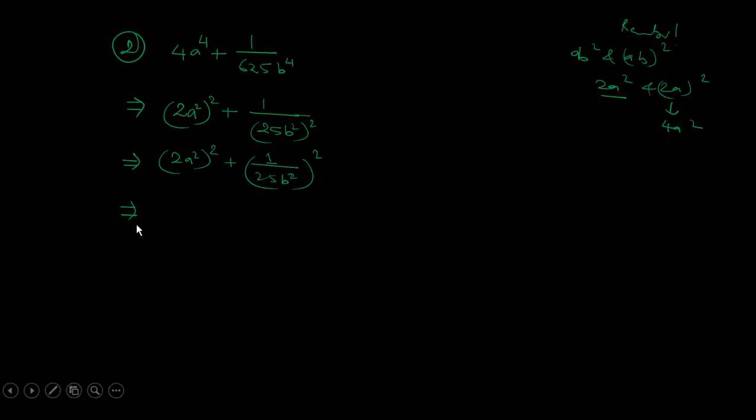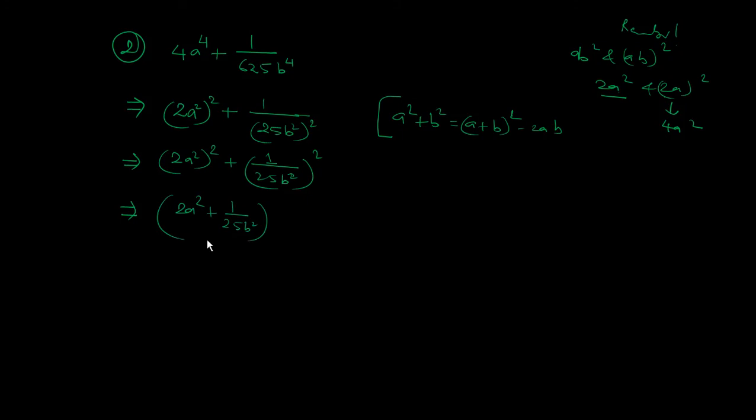Now, can you write in the chat box which method you prefer, dear students, first or second? Okay, first method. Most of the students have written first. So thank you, I will apply that. Now we know a square plus b square equals (a plus b) whole square minus 2ab. So here also, thank you all the students, I got the information now.